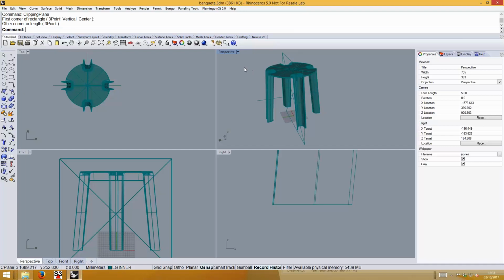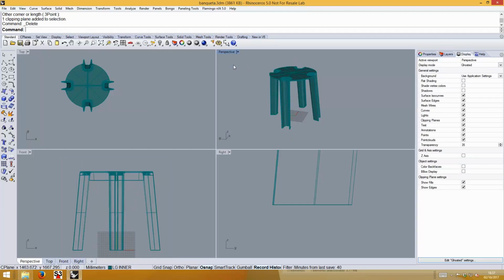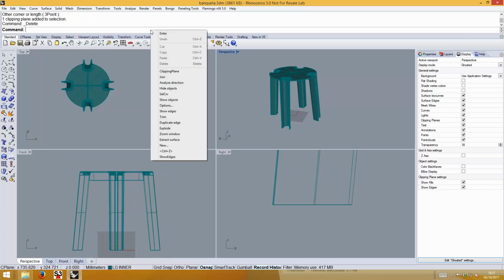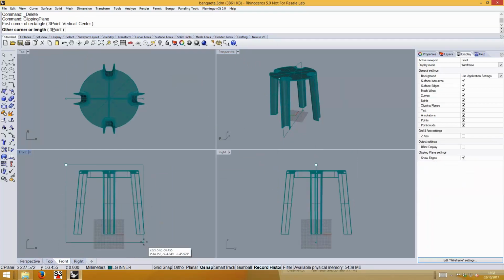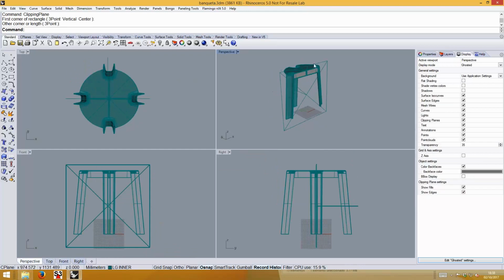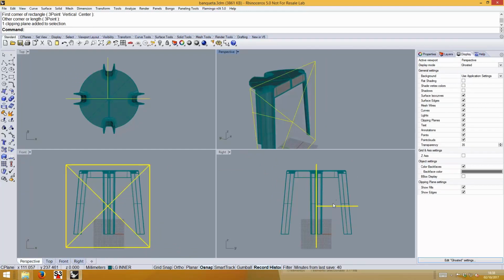Oops, sorry, because I should have activated this perspective viewport before calling clipping plane. There you go. Then do it here. There you go. So now I'm trimming away this viewport dynamically with this plane that I have defined, and